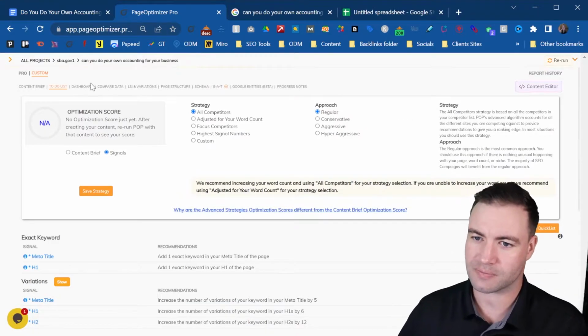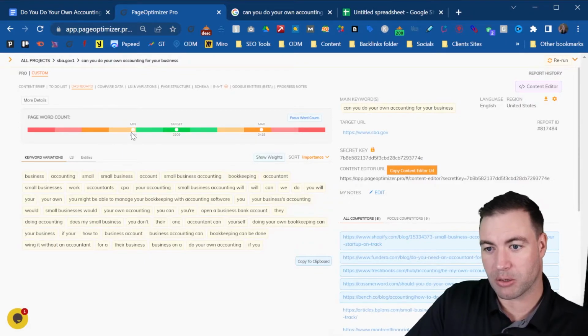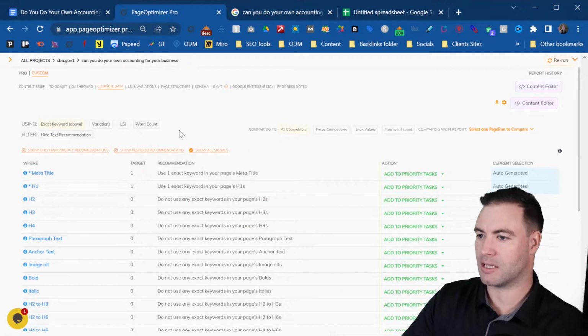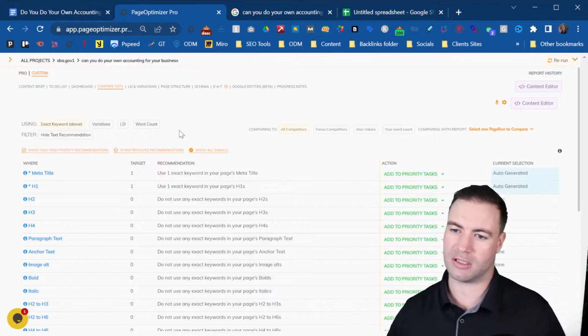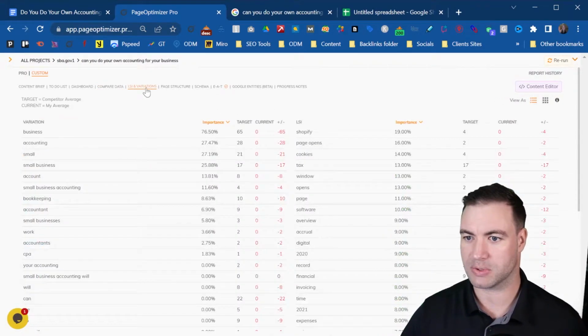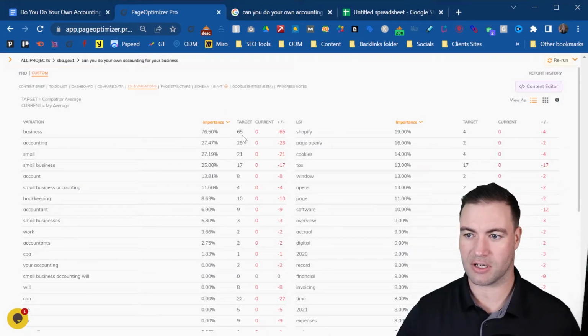Why not? So you can click on the dashboard and see the minimum number of words that you should have. As you can see here, here are your LSIs, and here's the max keyword count that you should have. The perfect target sits around here. Now compare the data. This is where you're looking at what you've placed in and what's missing. LSI variations, exactly the same thing. So you can see